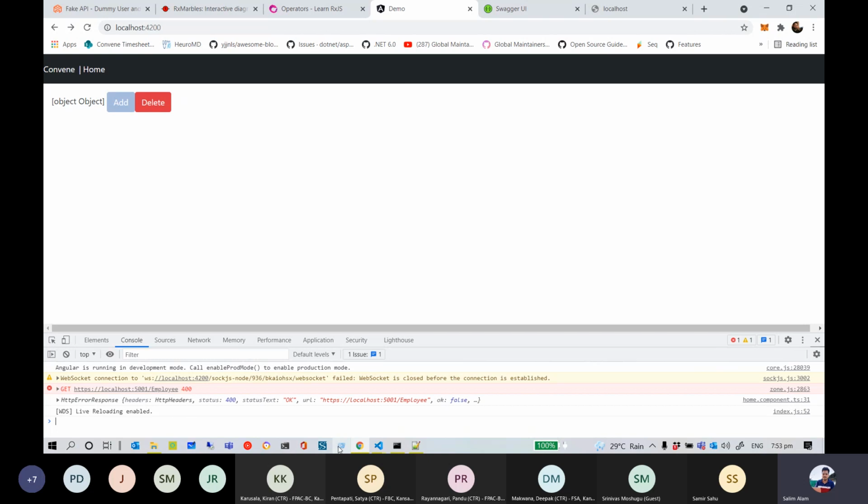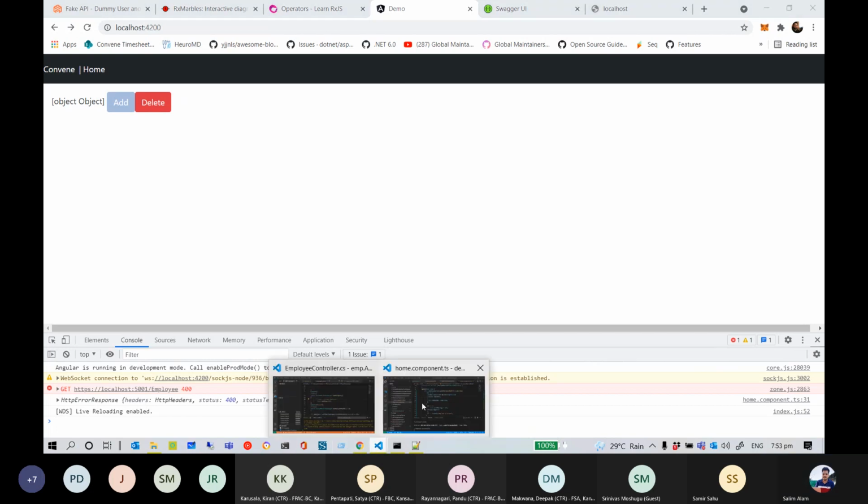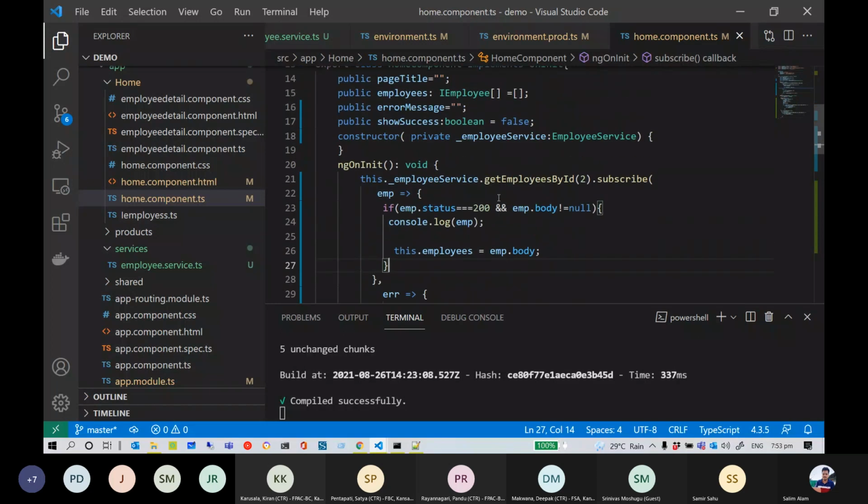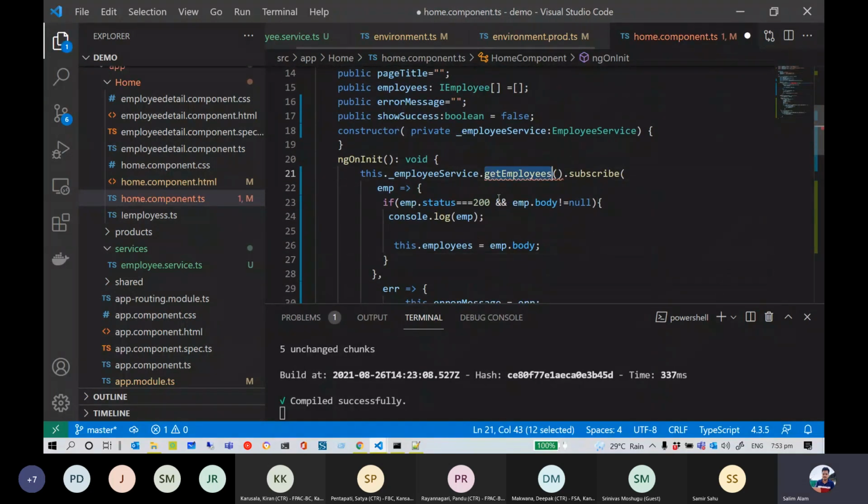Yeah, did we change something? Yeah. So I didn't have a code where I am binding the get employee by ID, that is getting